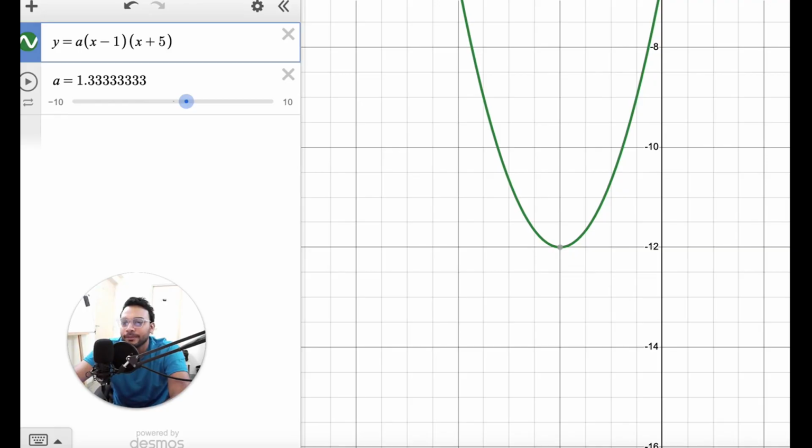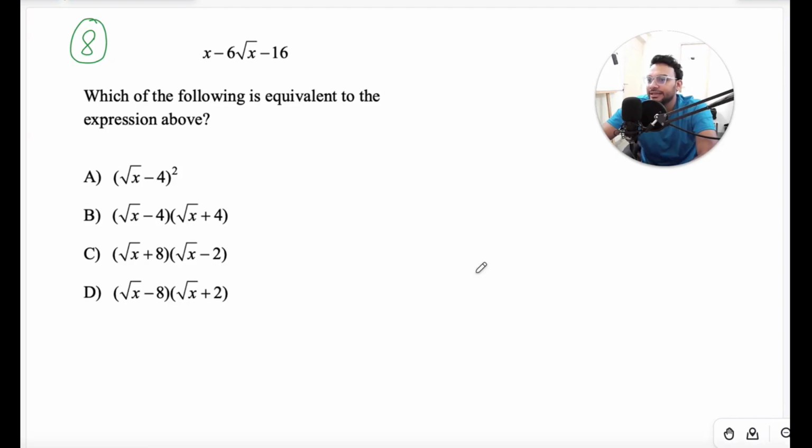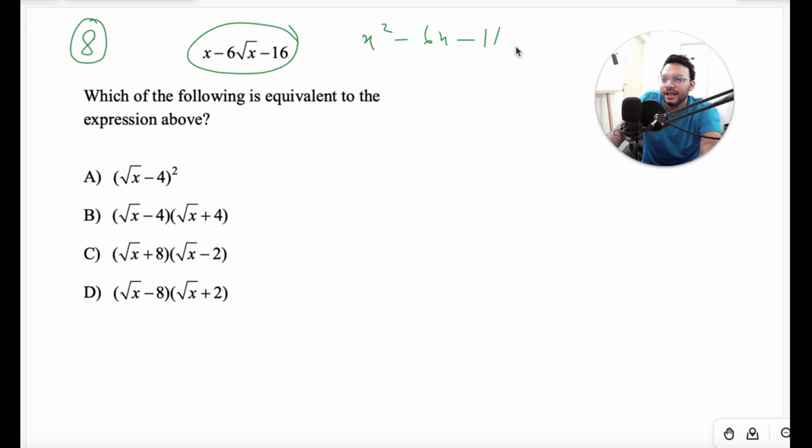Let's proceed to the next one. Question number 8. x minus 6 root x minus 16. Which of the following is equivalent to the expression above? Okay, this is similar to the quadratic equations. As you can see, like x squared minus 6x minus 16. Had it been like this, okay, let's try to solve it. If it was x squared minus 6x minus 16 instead of x and root x, so what we can do is split